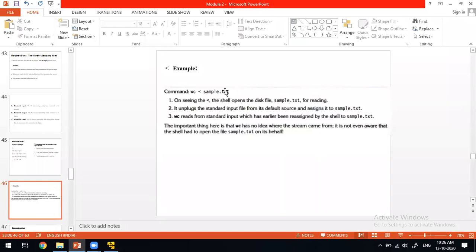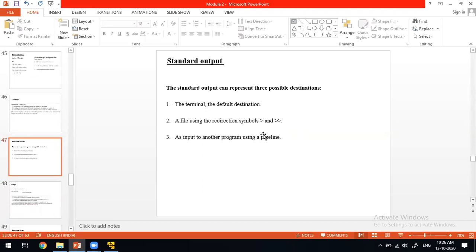Since it is going to get it from the disk, it is going to unplug from the default source and assign it to the sample.txt. Then it will read the file and give it to the wc command. Then the kernel will execute this wc with that input and show you the output. That is another way the standard input will get the file. The pipeline, the third way, I'll show in the future classes.